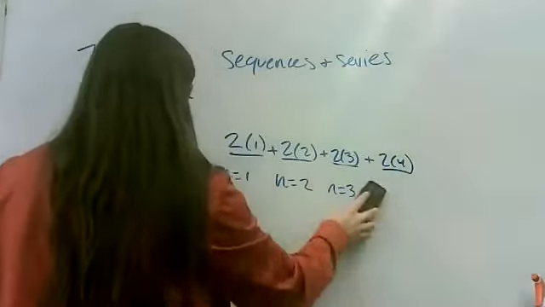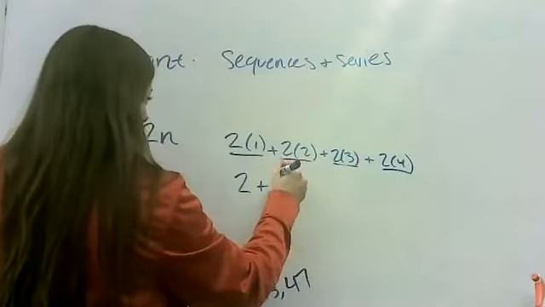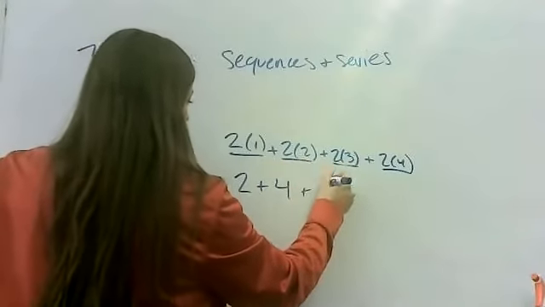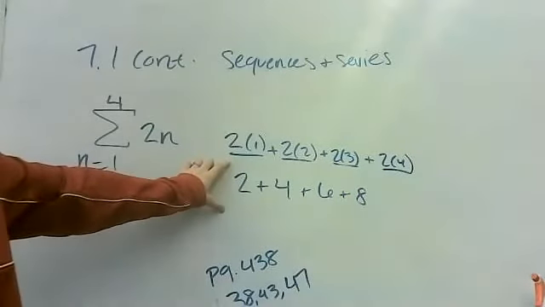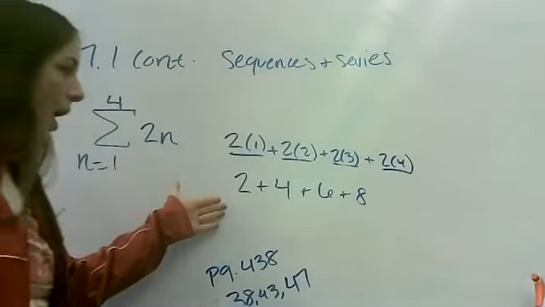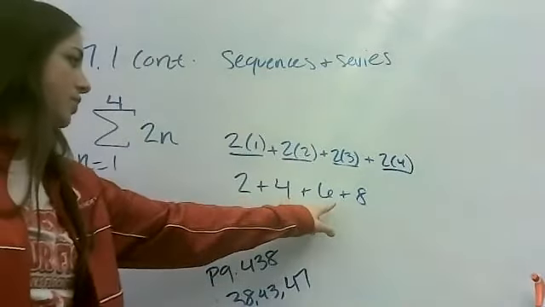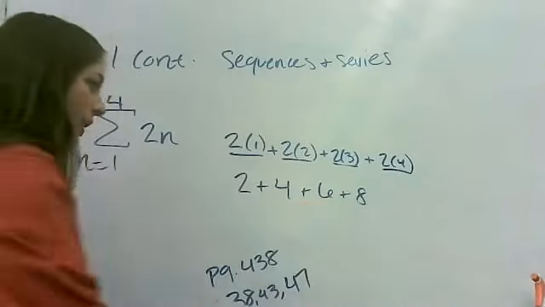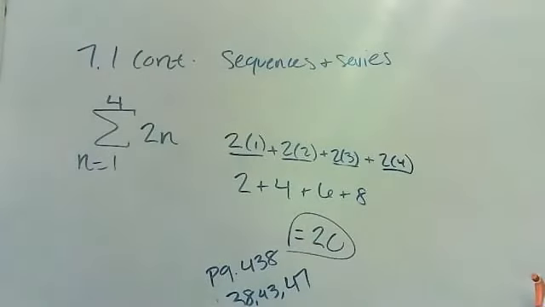Okay, so if I simplify this just a little bit, 2 times 2 is 4, 2 times 3 is 6, 2 times 4 is 8. So this is the actual series based on this summation notation. Okay, what if I asked you to find the sum of the series? What do you think you do? Add them up, right? 2 plus 4 is 6, plus 6 is 12, plus 8 is 20. So the actual sum here would be 20. And we don't ask for that every time, but sometimes